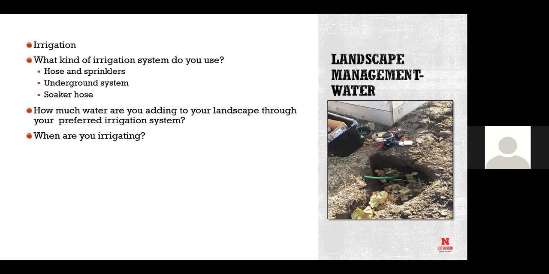How much water are you adding? People really don't pay any attention to how much water their plants are getting, especially in a landscape that is already established. We think it's rained. If you go stand under the canopy of a big tree, that soil can be absolutely bone dry, and it might have been raining all night. And again, we tend as human beings to think, oh, it rained last night, everything is good. So, again, this goes back to knowing what you have, the specific environment in every little bit and piece of your corner of your property.